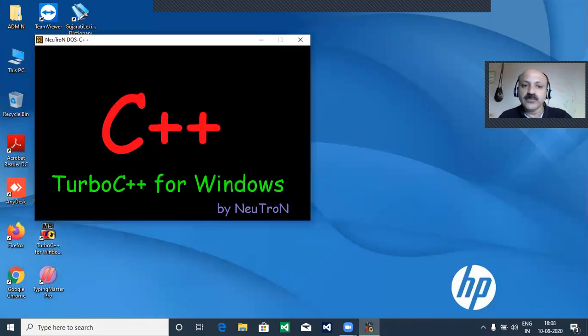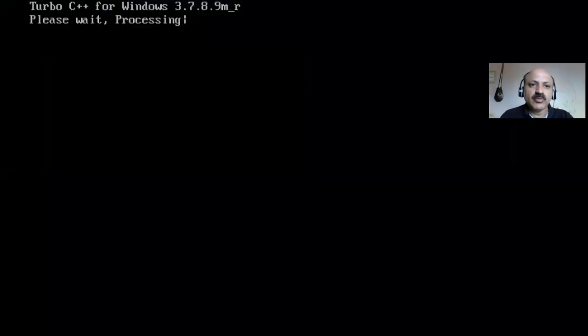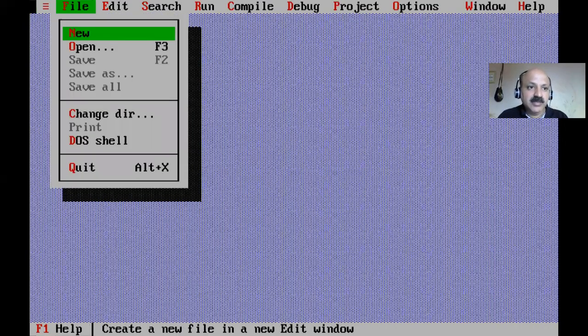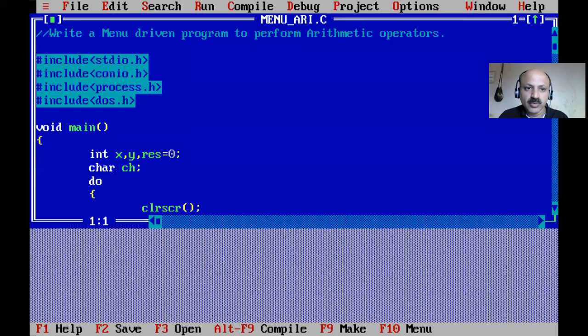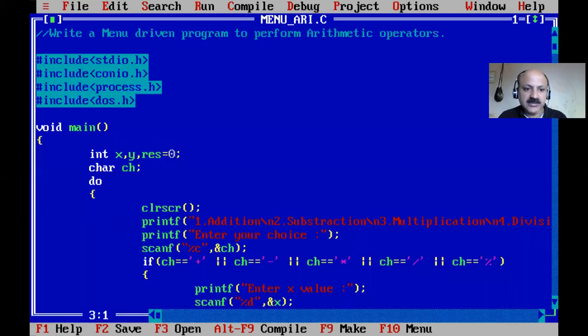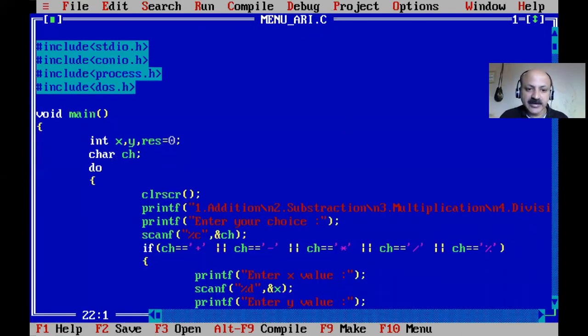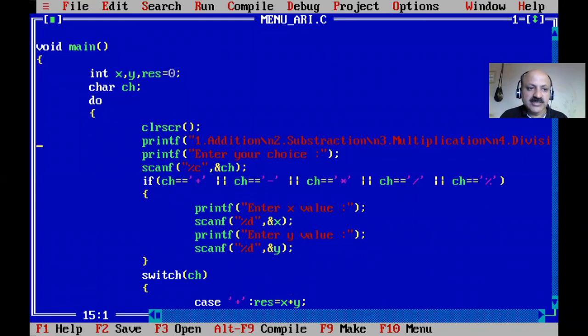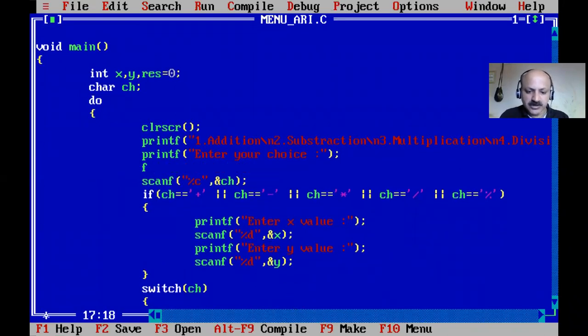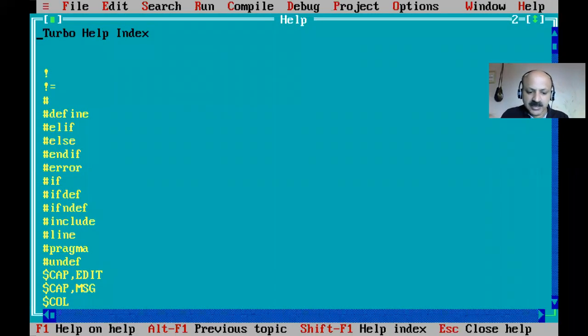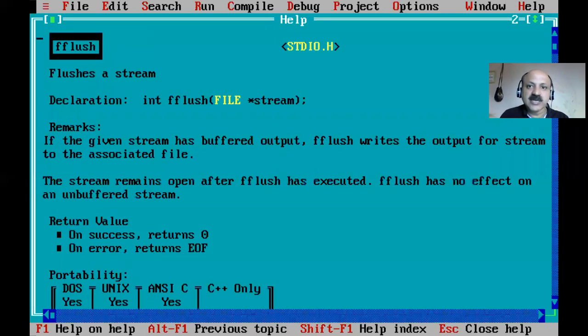At that time you can use the fflush function. The buffer is overflowing, so I just open this file, and now one change is required in this. You can understand that it is giving an error. So here before the scanf we provide the fflush function with stdin, and that does not require any extra header file. I just show you, the header file stdio.h, which we already include, has standard input, and that is a file stream.